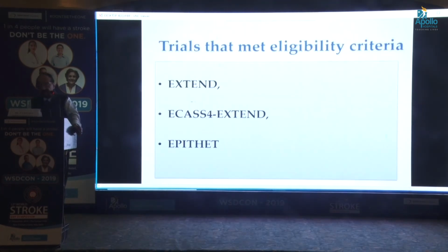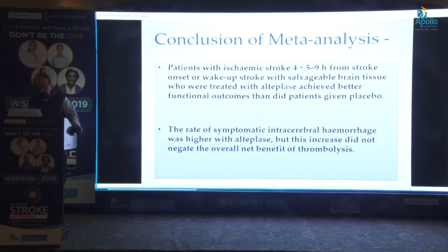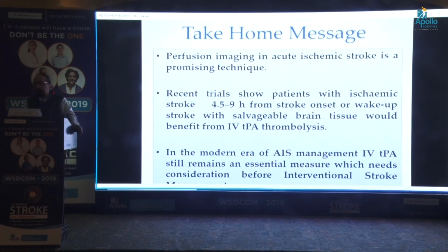They analyzed all these three trials, and the meta-analysis showed that patients from 4.5 to 9 hours from stroke onset or wake-up with salvageable brain tissue who were treated with alteplase achieved better functional outcome than patients given placebo. The rate of symptomatic intracerebral hemorrhage was higher in the alteplase group, but this increase did not negate the overall benefit of thrombolysis. So, ladies and gentlemen, I don't know if I've been able to get my message through to you